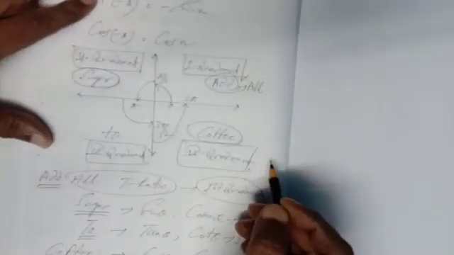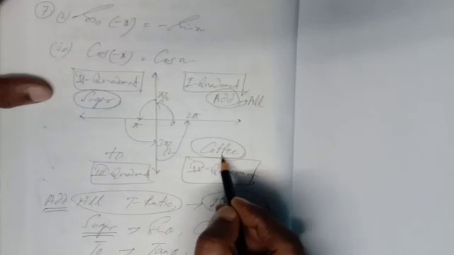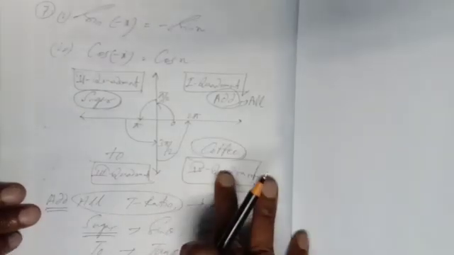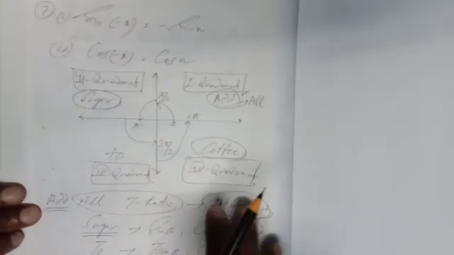Initially it will continue to rotate like this. Sine of minus x, this minus x is coming to the fourth quadrant. In the fourth quadrant only cos is positive, cos and sec, the remaining are negative. This is the way of memorizing in which quadrant the trigonometrical functions will be positive or negative.